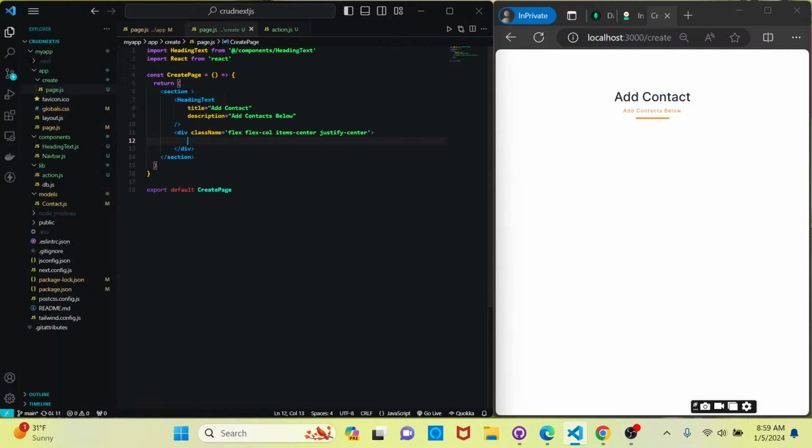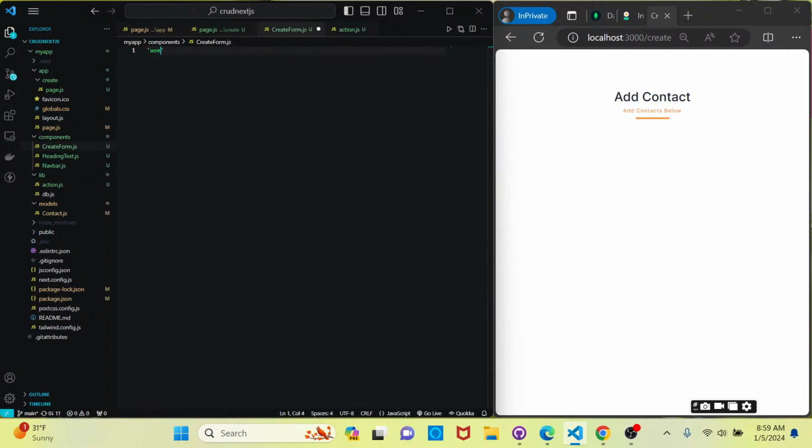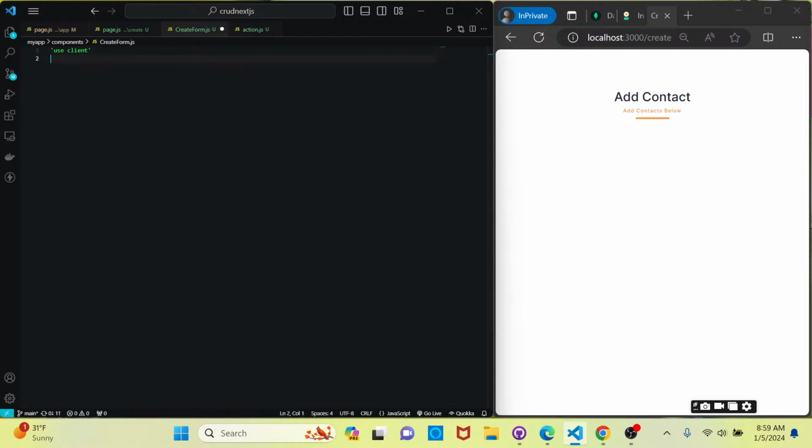Let's go ahead and add in another component. That way we can pass the form to this page, and we'll call this component, the file name for it, createform.js. And we'll start with the use client